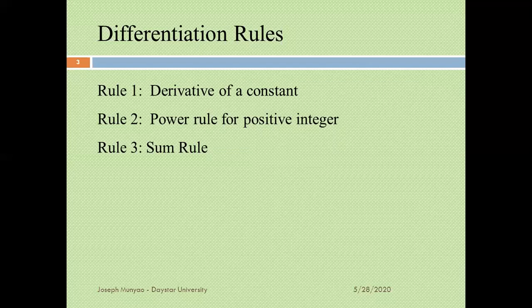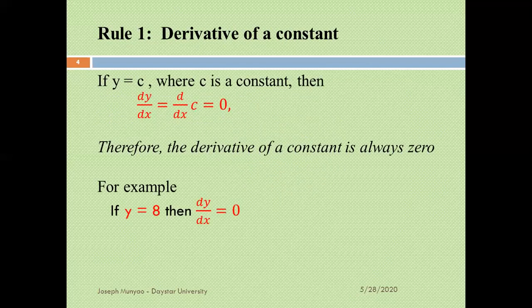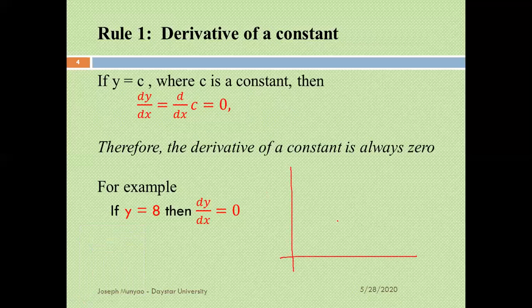differentiation would depend on the kind of function that you're dealing with. And that gives us the rules of differentiation, each applied on the function that is appropriate. So I begin with the derivative of a constant, and that is what I want to look at first. Rule number one, derivative of a constant. I begin by noting that throughout, the derivative of a constant is always zero. The derivative of a constant is always zero. The question is why? If you remember very well, when you are given a constant function